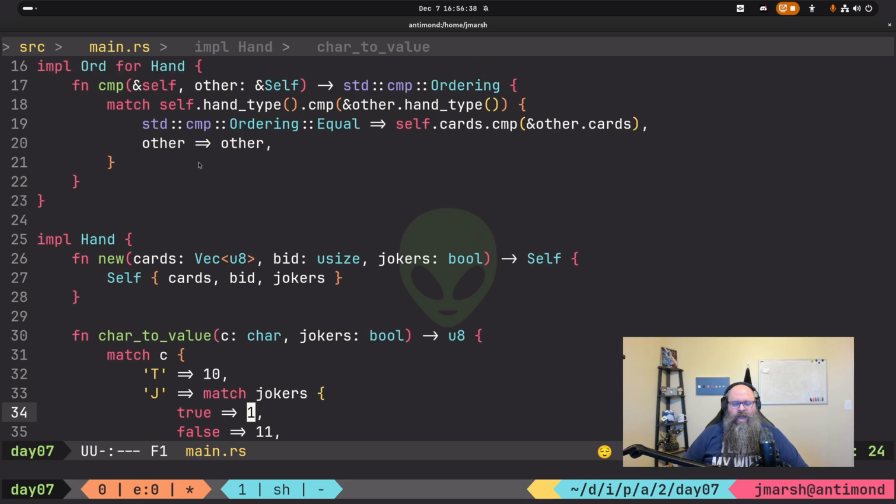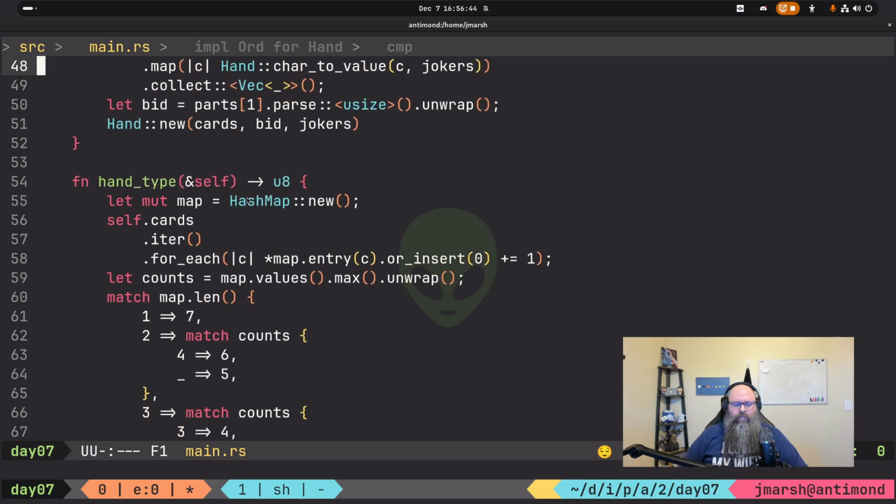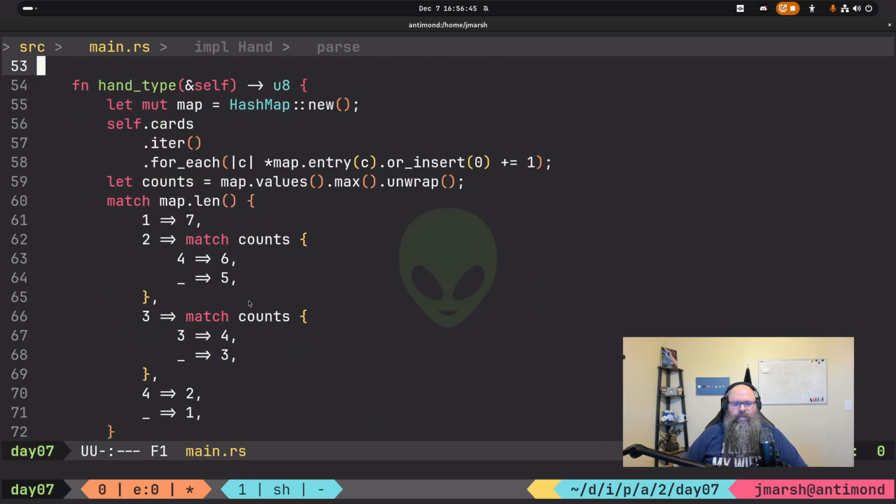Okay, so now all we have to fix is the hand type, where we're doing this ordering. And so how do we fix this? I really believe...